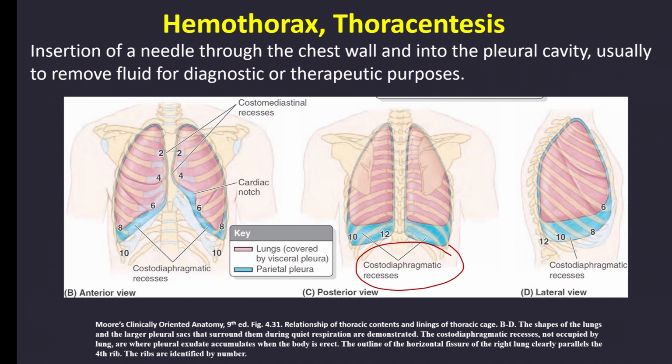So an example in case of hemothorax, if there is internal bleeding and there is accumulation of pleural fluids, that's where it accumulates, and that's where you do your thoracocentesis for accumulation of fluid in a standing patient in that costodiaphragmatic recess. That's where the fluid will